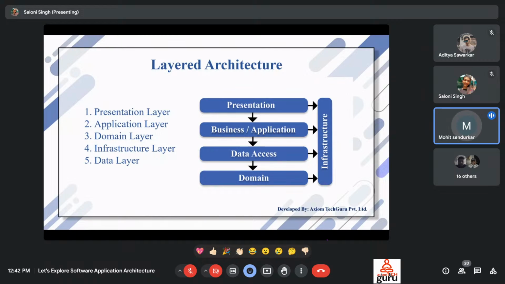Fourth is infrastructure layer. Infrastructure layer provides